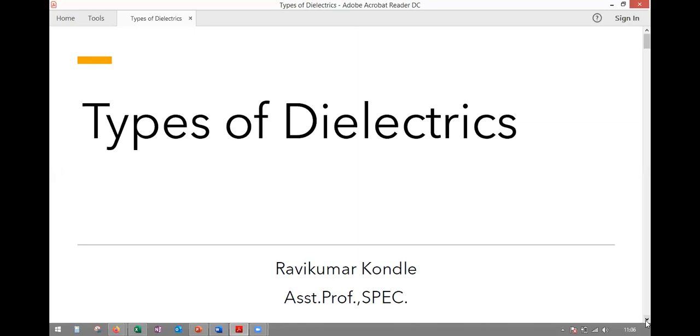So based on the structure of the crystal, the dielectrics have been classified into,